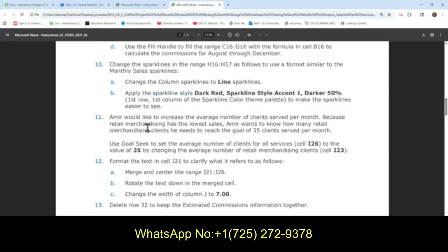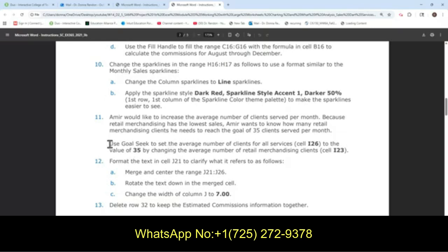So step 11, Amir would like to increase the average number of clients served per month because retail merchandising has the lowest sales. Amir wants to know how many retail merchandising clients he needs to reach the goal of 35 clients served per month.